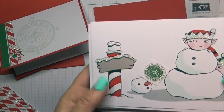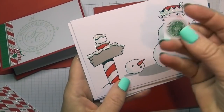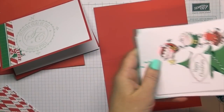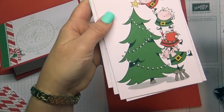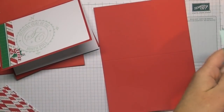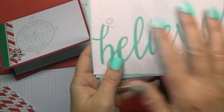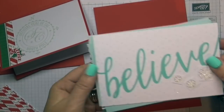There is this glittery card here which has a sign, so you could choose to stamp on the sign, or it has this little sticky here that you could put on the sign. There is another one, oops, I'm dropping pieces, that has this Happy Christmas, and you could put this over here. It would be a nice placement for it. Then there's this Believe, which is a gorgeous card and has some snowflakes, so I might put two down there and one up here someplace, or you could put all three down here,